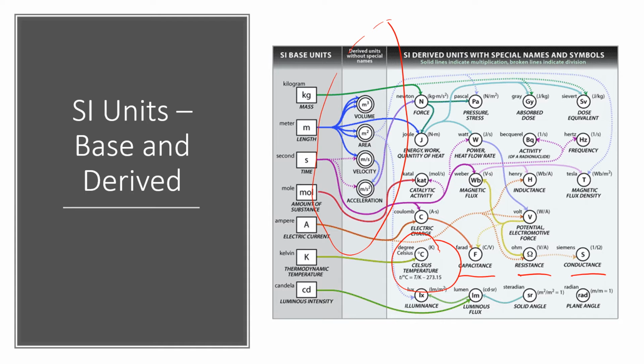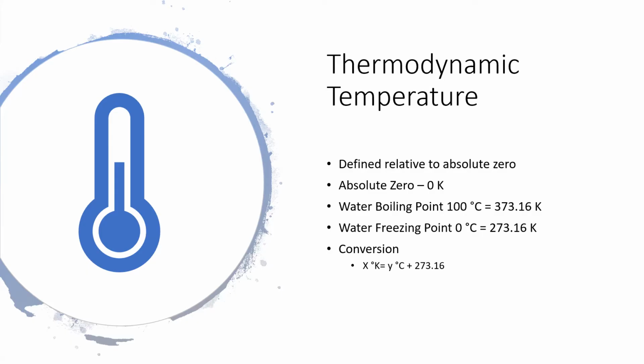So these are the derived units. Again, base units on the left, derived units with no special name in the middle, and then we have all these other derived units with special names and symbols. All right, so let's talk about a few of these. One you might not be familiar with is degrees Kelvin. It's a way of representing temperatures. The freezing point of water we know to be 0 degrees Celsius. That would be equivalent to 273.16 degrees Kelvin. The boiling point of water, 100 degrees Celsius, is equivalent to